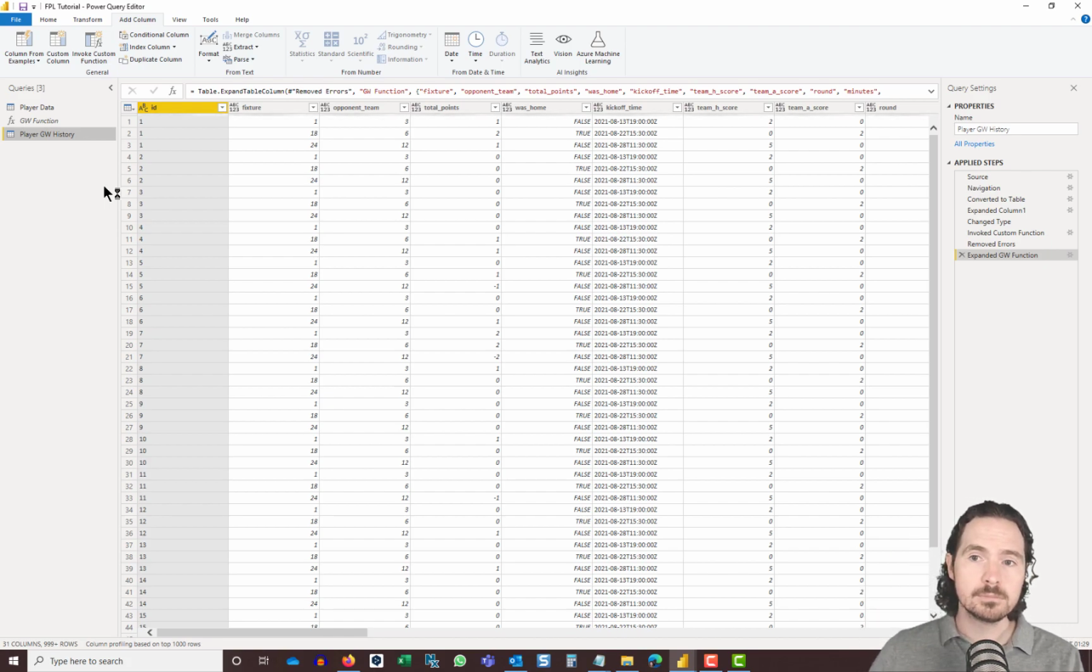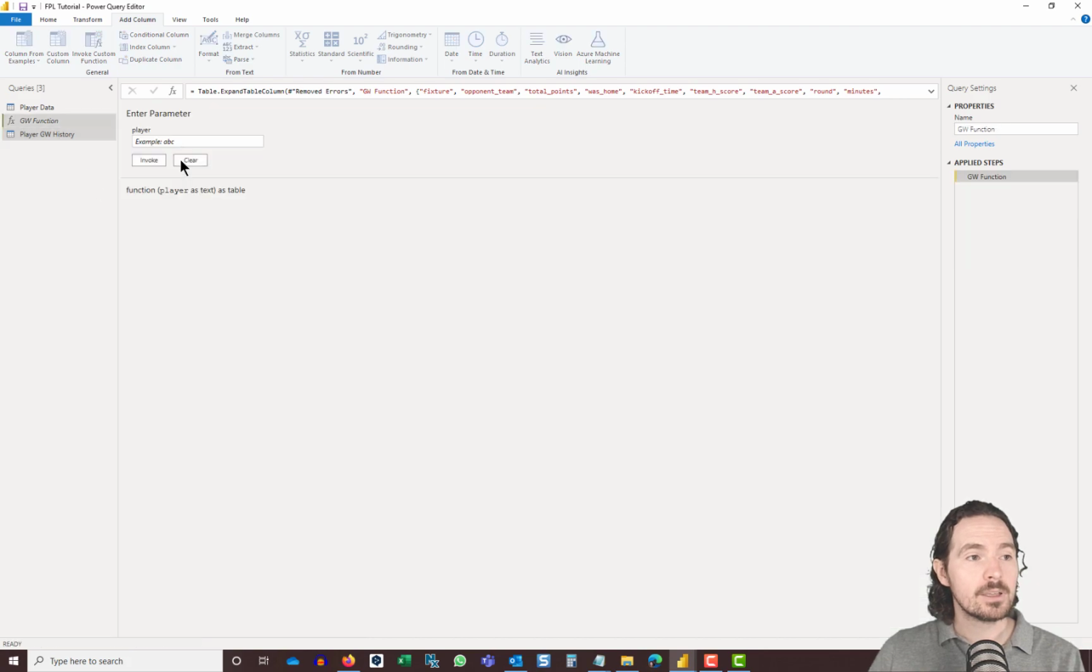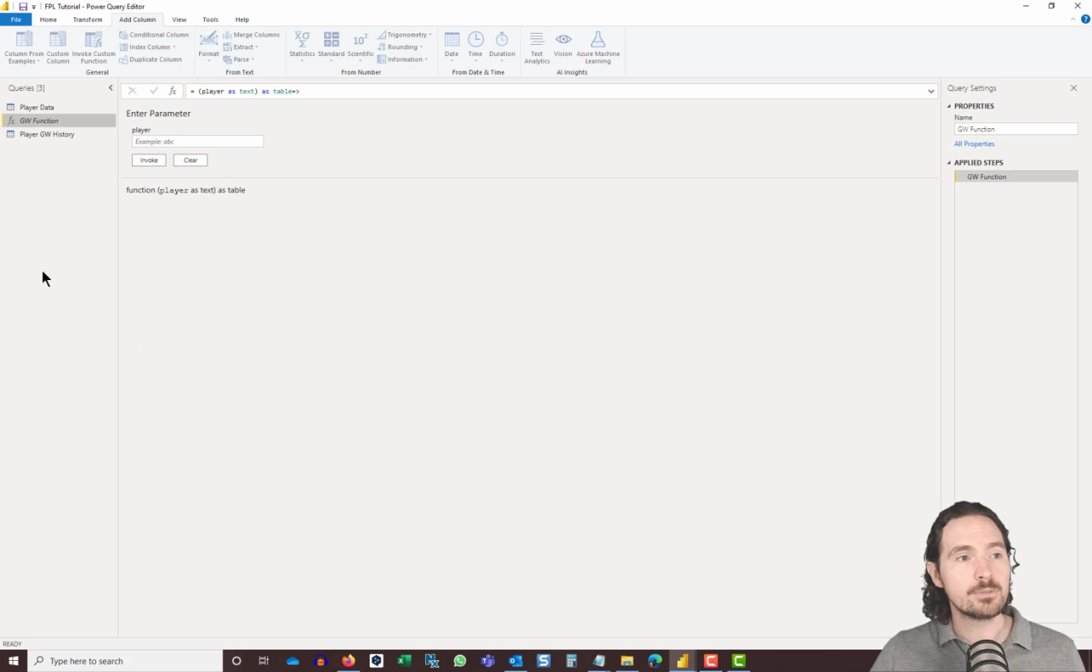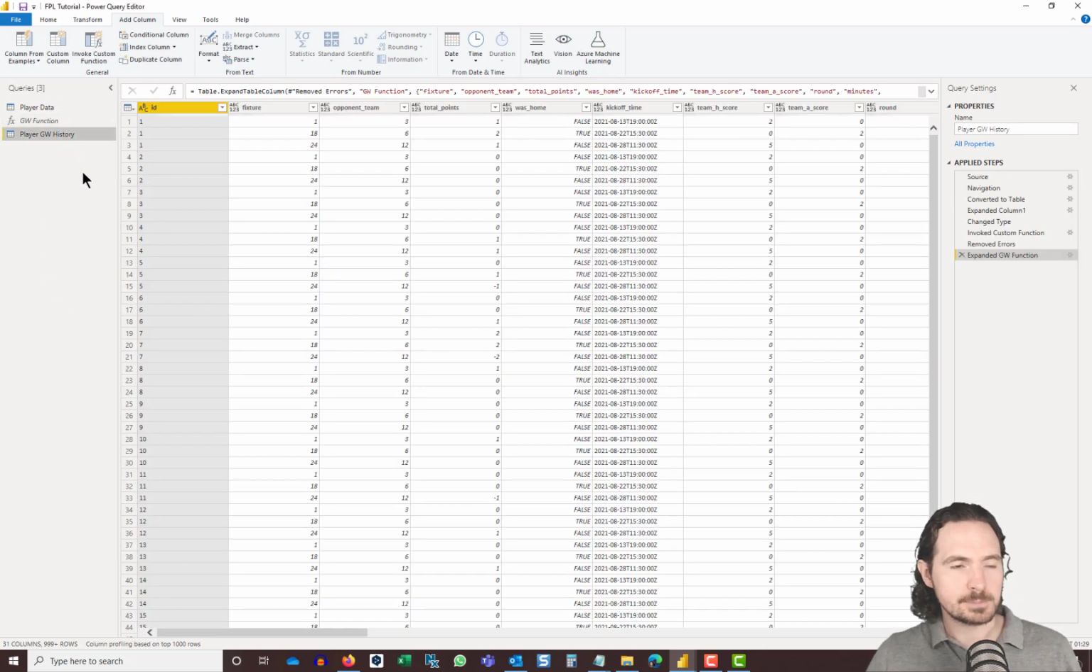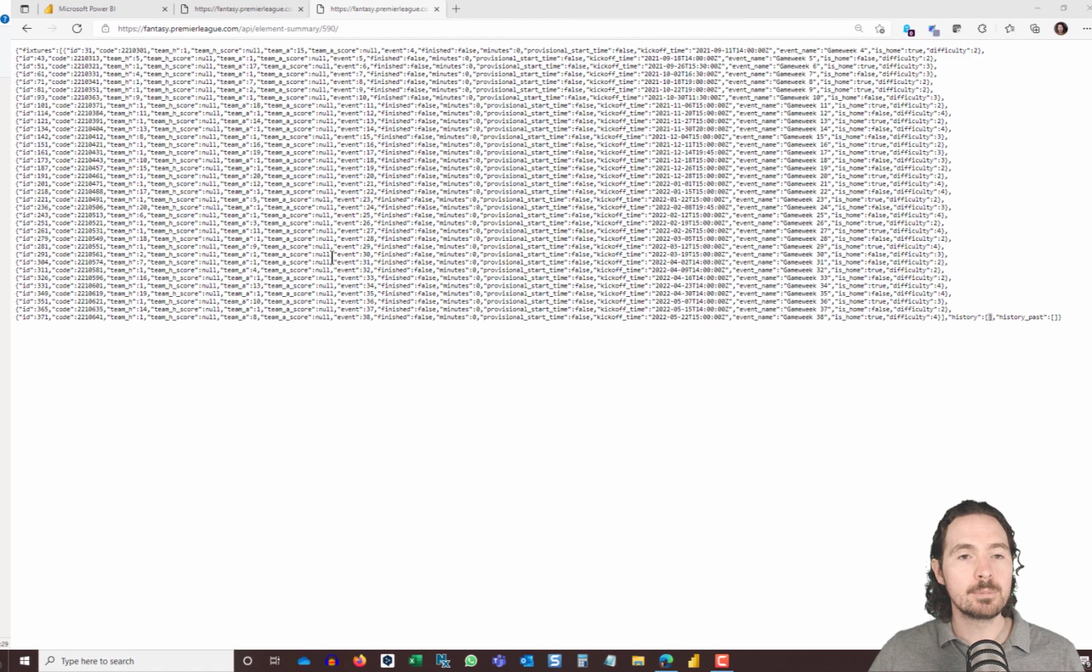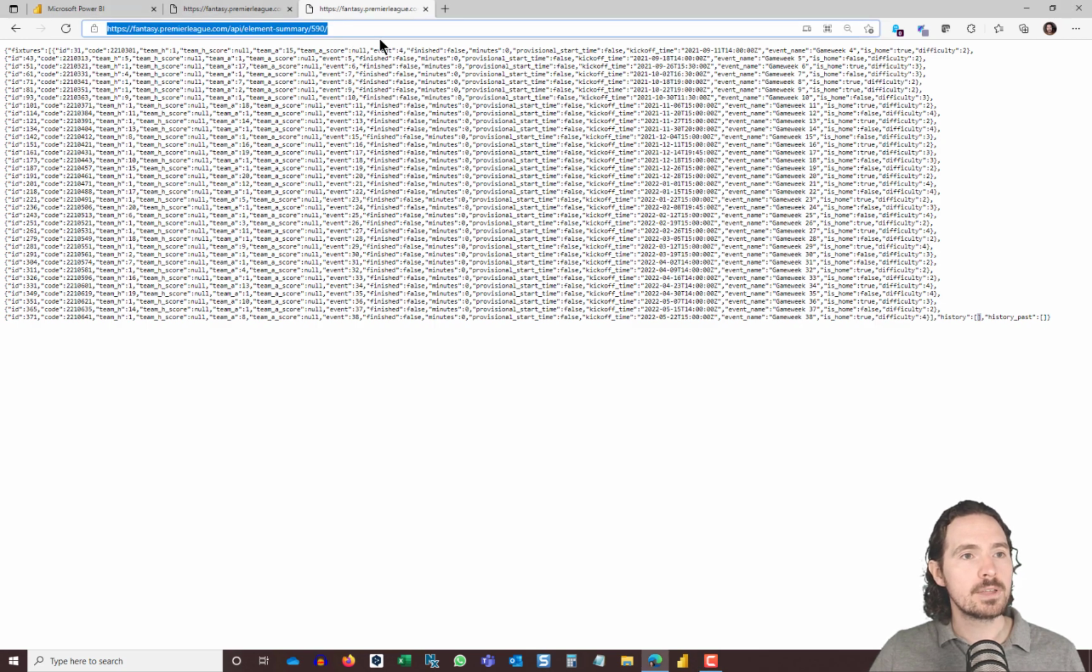We'll do it one more time, because there is another table that we can use. So actually it uses exactly the same endpoint. So if we take this one again, actually no, we'll do it a different way. We're going to start from the very start. We're going to go back to our API, and again we're going to use element summary. I'm going to use 1 again,